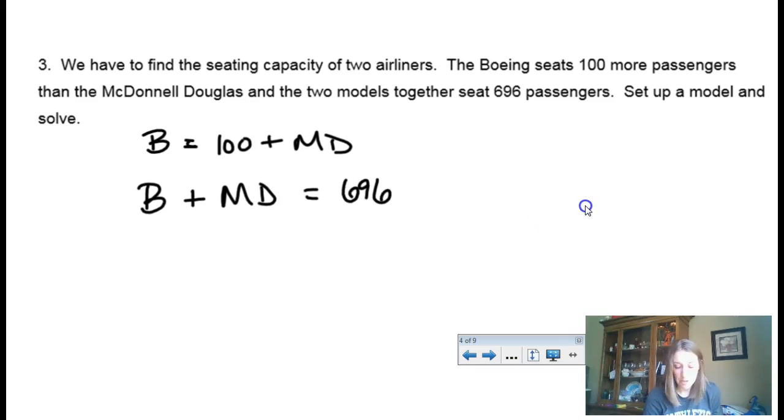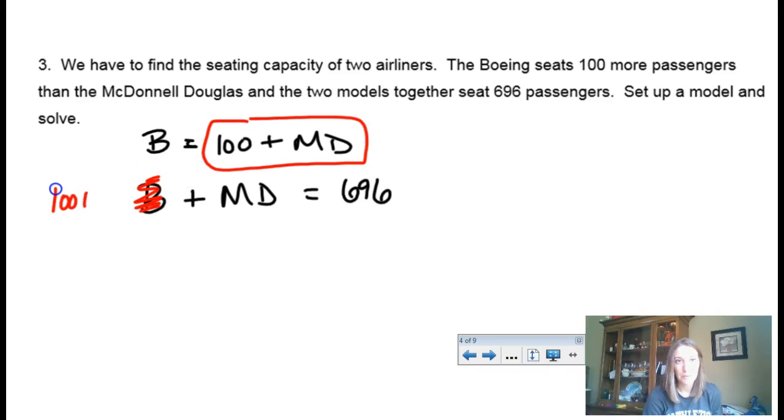Now, there's a couple of ways you could approach this. What some people do is they look at the difference between the passengers and figure it out from there. But what an algebra teacher would see is a really nice system of equations. The Boeing represents 100 plus McDonnell Douglas, so these are interchangeable things. Instead of Boeing right here, let's call this 100 plus another McDonnell Douglas, right? So if I look at this equation now, 2 McDonnell Douglases plus 100 equals 696. So if I solve this,